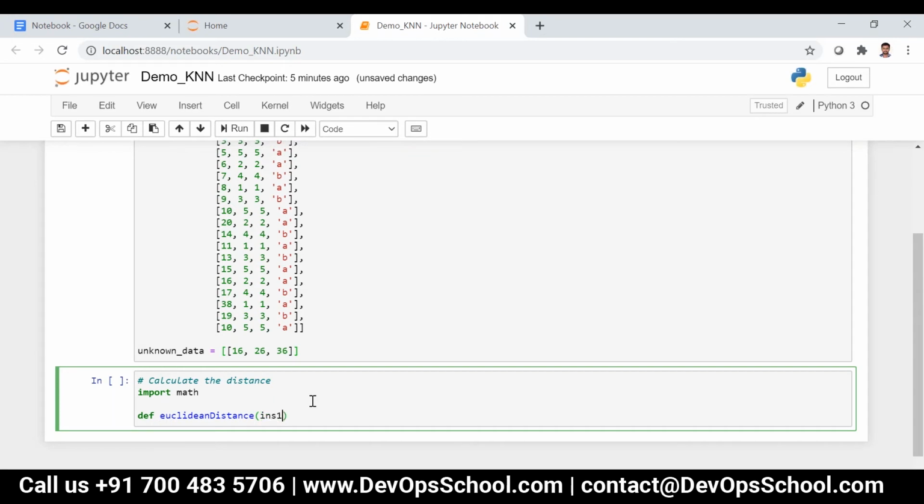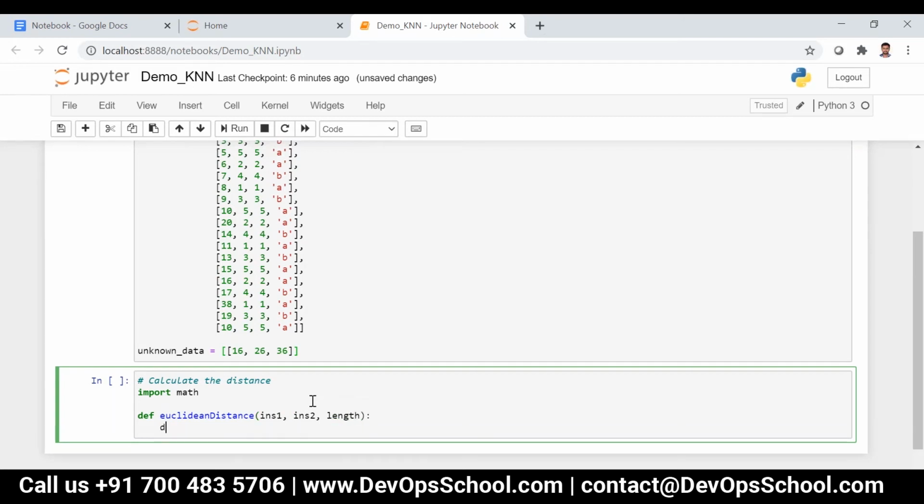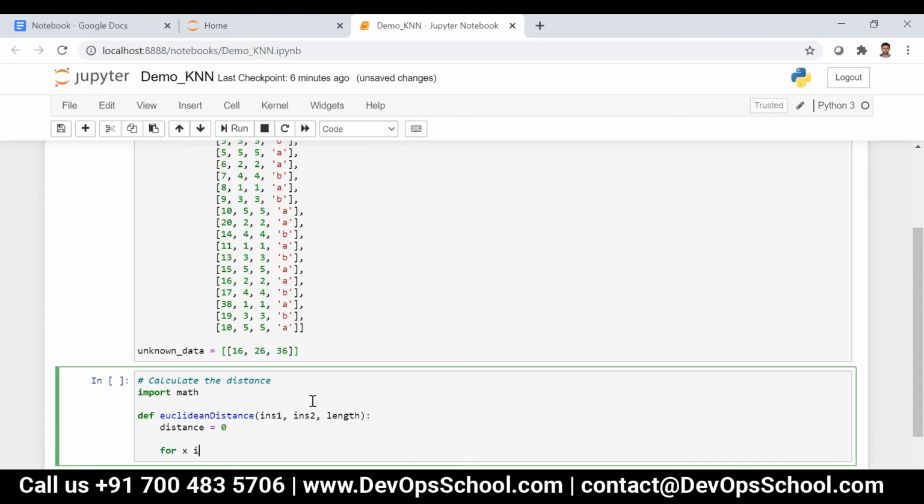So I can say instance 1, instance 2, and then length. Distance is equal to 0, and then for x in range of length, distance plus equal to instance 1 of x, that is x1, minus x2, the whole square.